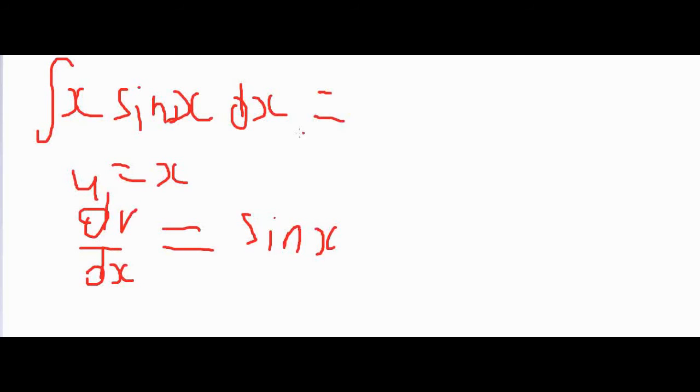So let's start with solving for v. Now we're going to integrate this. If we integrate sin x, we get negative cos x. So therefore v is equal to negative cos x. If we differentiate u, we get 1, therefore du/dx is just 1. So we're going to have uv, so negative x cos x